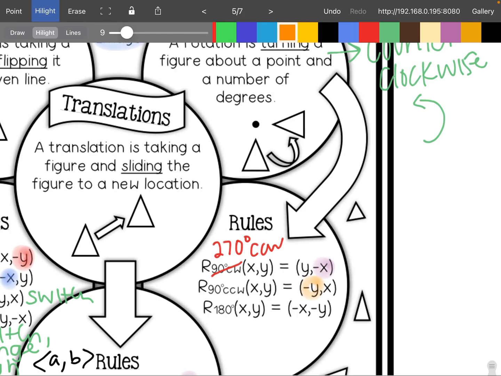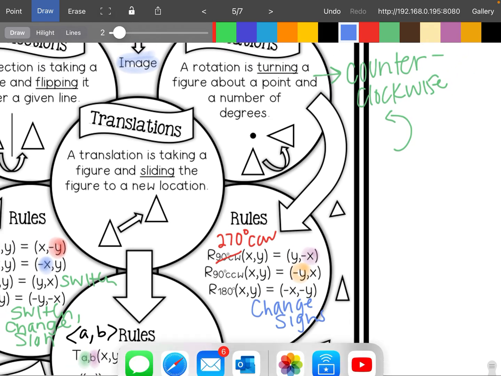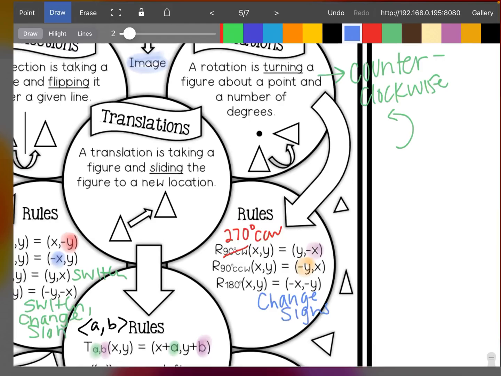And then rotating 180, it doesn't matter if it's clockwise or counterclockwise because that's the same. You just change the signs, but nothing gets moved around. So just change the signs. So that's for rotations. And then finally, the last one we have,